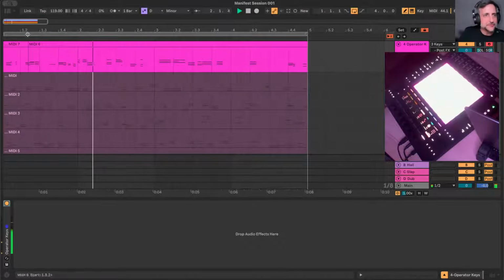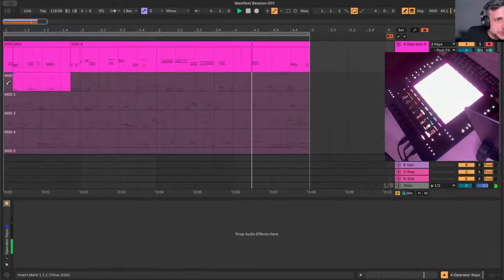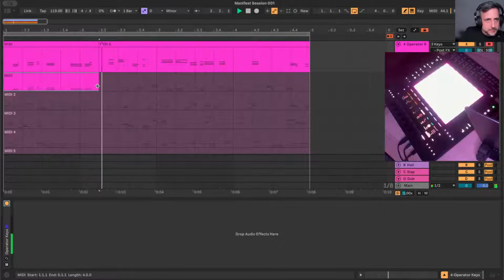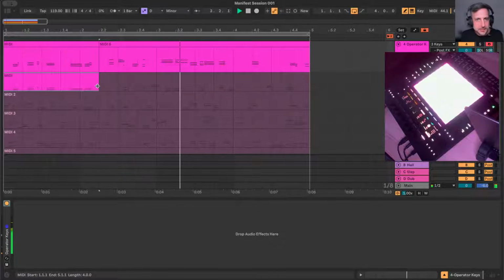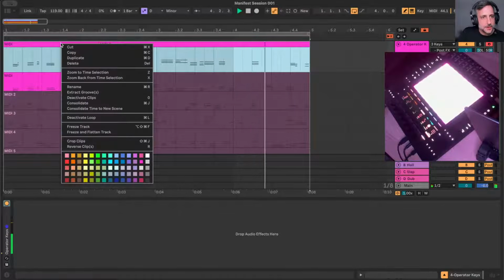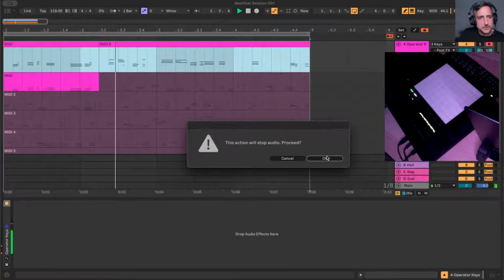Okay, so I don't like that first part of the first bar, so that's fine. We can go and try and just select a section from one of these other take lanes. That's kind of working. So yeah, now we're going to right-click that selection, consolidate time to new scene,